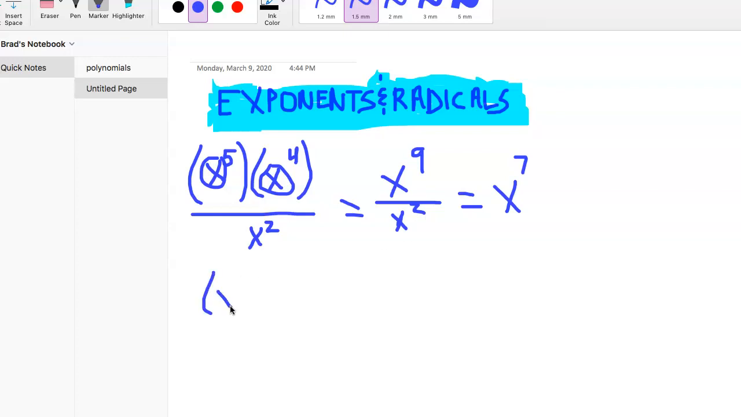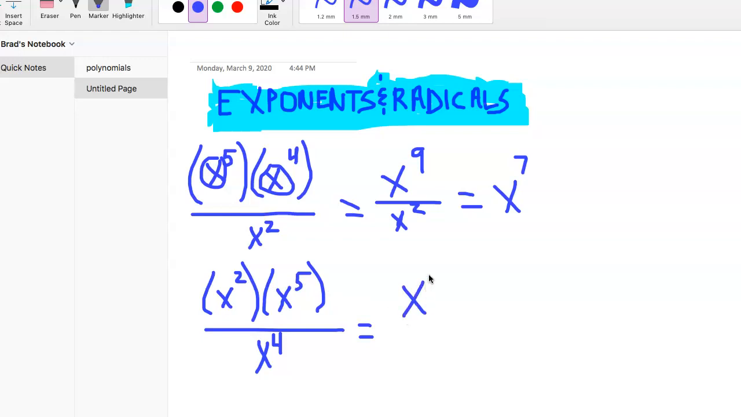Okay, so we'll have x squared times x to the 5th. Really we're just changing these exponent numbers, but everything else is going to be exactly the same in this problem. x squared times x to the 5th divided by x to the 4th. So again, bases are the same, so we're just going to add these exponents, right? So we get x to the 7th